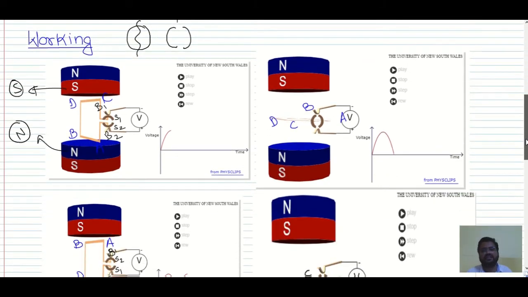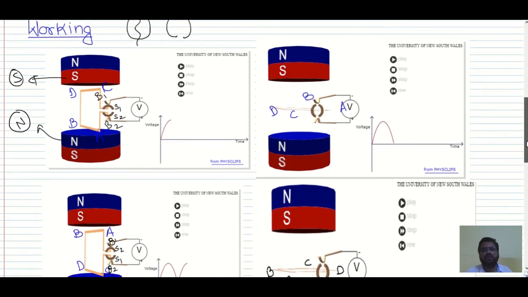Now in this working, it's very important to understand firstly, if you place the current carrying conductor, how to find the direction of the current carrying conductor. Now as you can see over here, initially the brush B1 is connected to the split ring commutator S1, and this brush B1's one part is connected to the negative terminal of a battery, and the positive terminal of the battery is connected to the brush B2. Now over here, this split ring along with this armature coil will move. So as you can see, initially the current will always flow from the positive terminal of a battery.